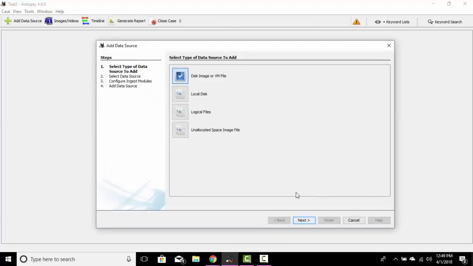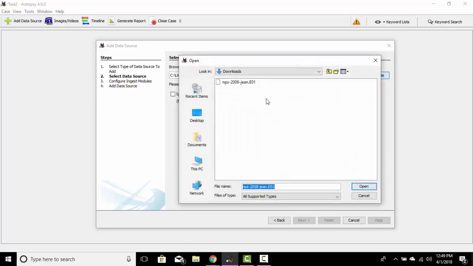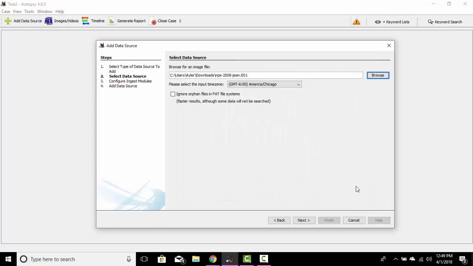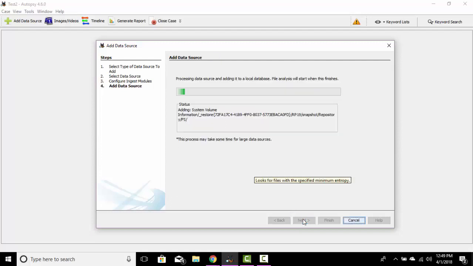It's going to load up everything, and it's going to ask us what type of data source we are using, whether that's a disk image, local disk, logical disk, or an unallocated space image file. Today we're using a disk image, so we'll keep that checked, and we'll come down to next, and then we're going to browse for that. This is where I housed mine, in my downloads folder, so I'll open that and I'll hit next. We want to keep everything here selected. We'll click next,